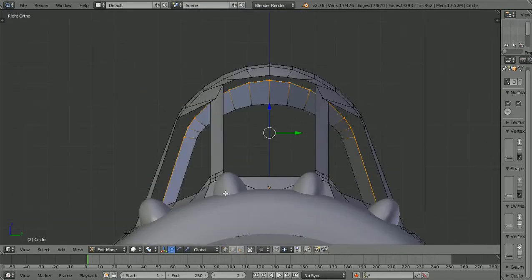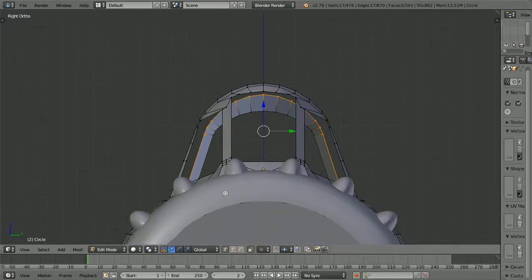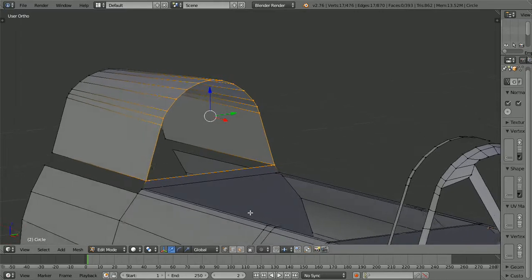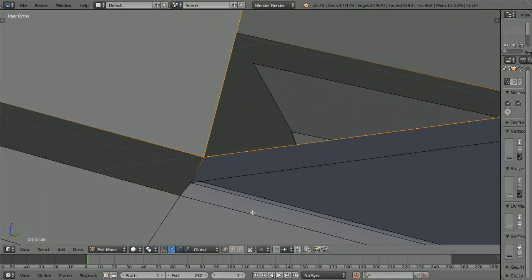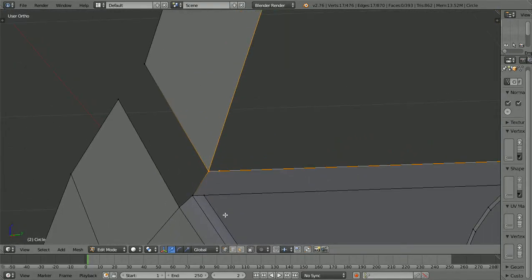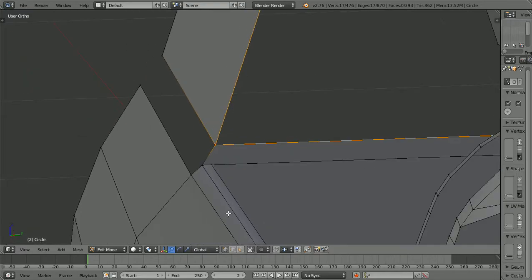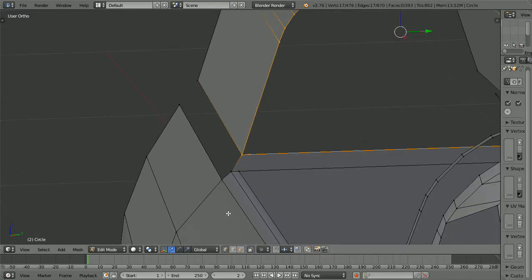Look at it from the front. I don't think that looks too bad. That looks a little better than what we had going on here. Except for now, we're going to have a little thing here that we're going to have to figure out, which is going to be